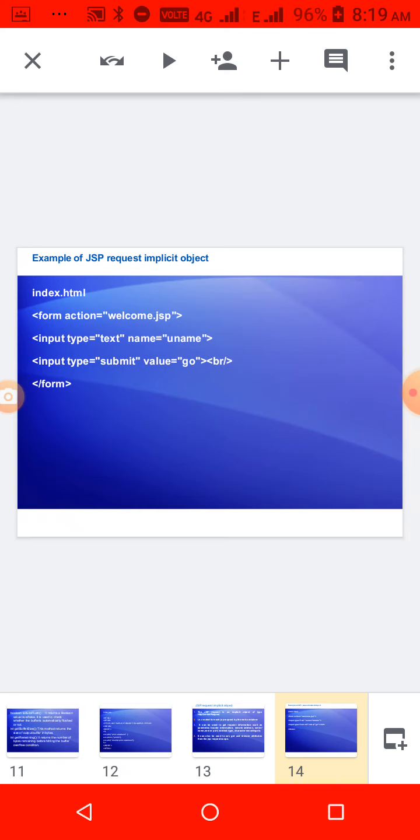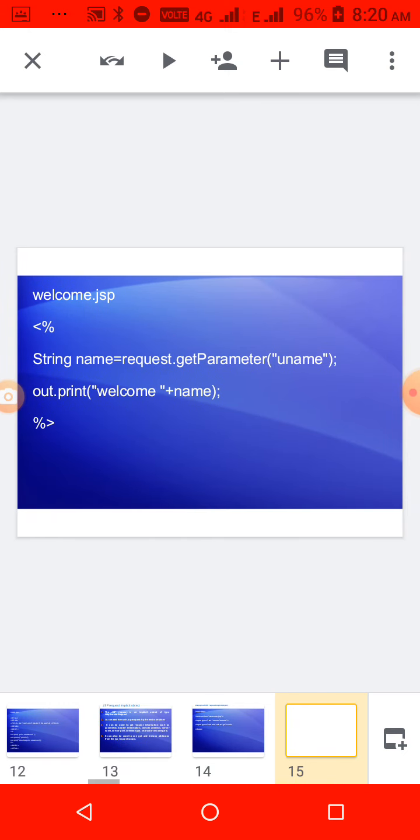All these HTML commands, I think you are familiar with. So input type equal to text, name equal to username, and then type equal to submit, then click on go. And then welcome.jsp: here request.getParameter is one of the implicit objects.